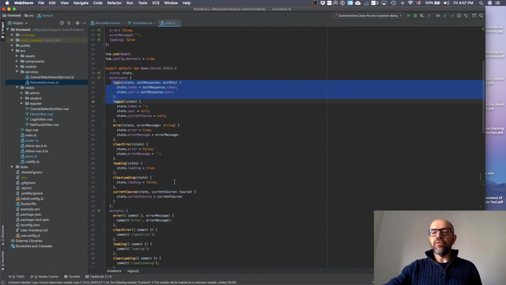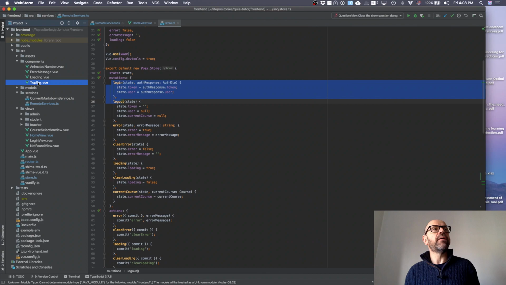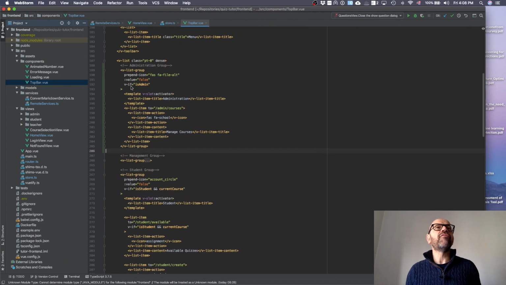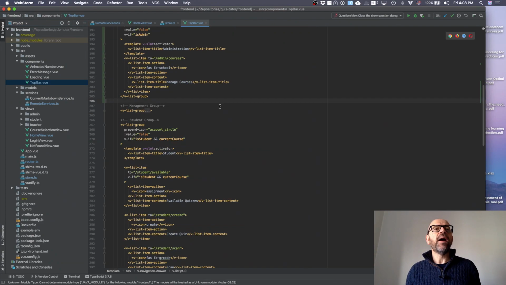if you are an admin user, then I'm going to see something different. So that's basically what I'm going to do in the top bar. Let me see, where is the top bar? Components, the top bar is there, okay? So what have we done in the top bar? Basically,